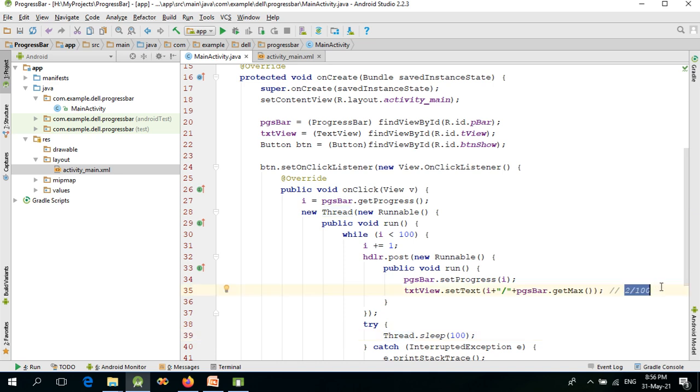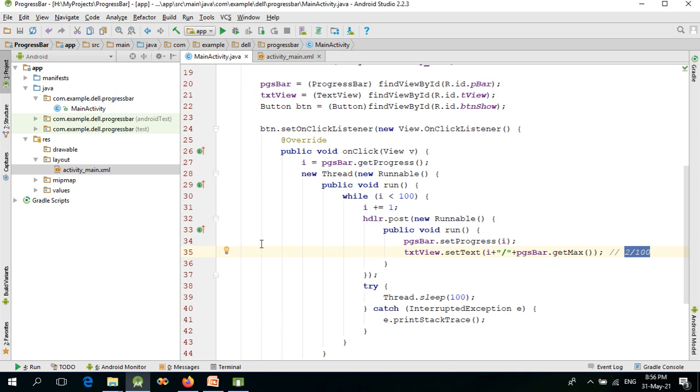So this is only the first state, first text. Now this particular while loop will iterate n number of times until the value of i is smaller than 100. Okay, next time i will become 3, and again the text property of the text view will be set to 3, and again it will be suspended for 1 second, and this particular loop will be